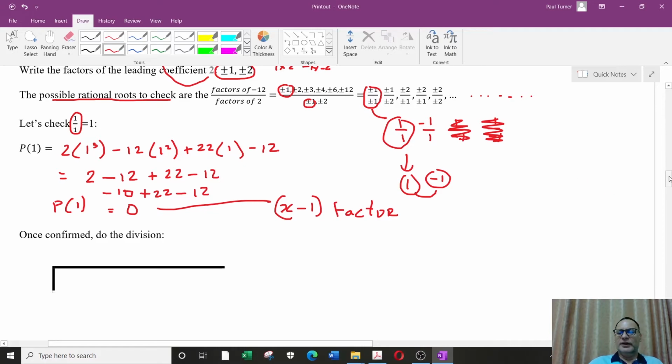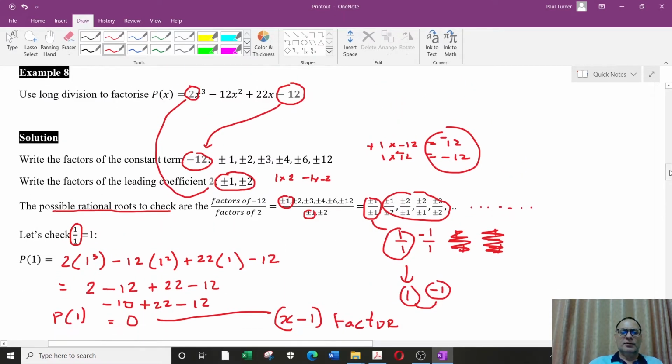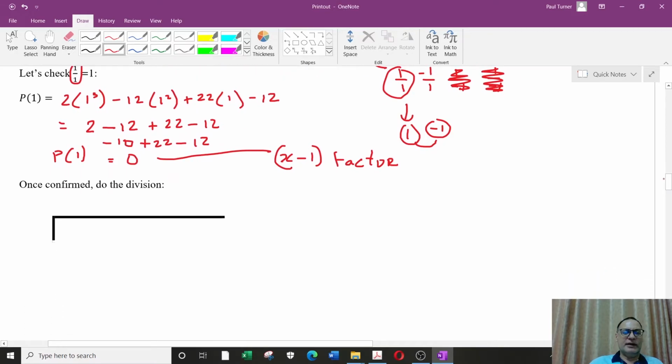Actually, this method here is probably not going to be needed. You can use the previous method where we just write out the factors of 12. So I think in your question, you can just look at these ones. We don't need to do this method here. It may not help you find other factors easily. And if you only get 1, that's all you need anyway. So let's divide the x minus 1 in. And then we divide it into our polynomial,